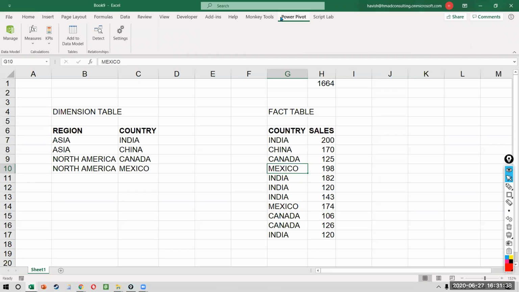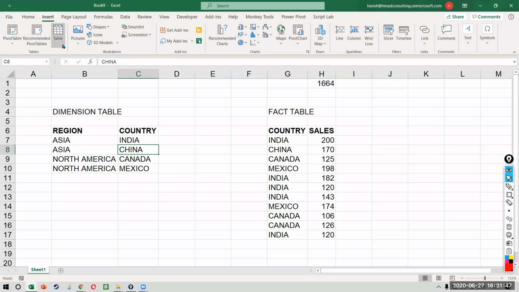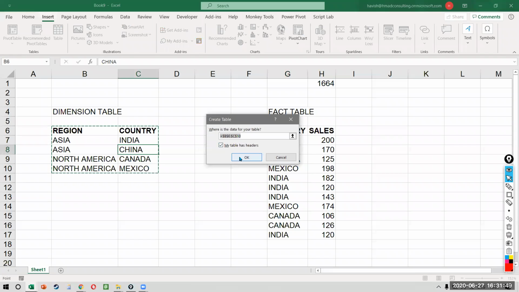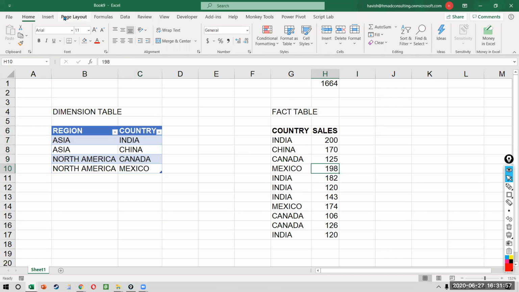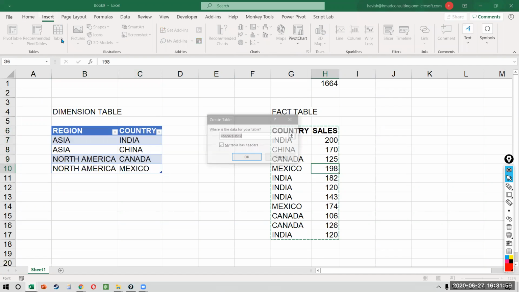Let's see how this works. The first thing I want to do is convert both my data sets into a table. So Insert, Table, and OK. Same thing. Let me also rename this. I'll call this my region. And I'm going to convert this into a table as well. Insert, Table.